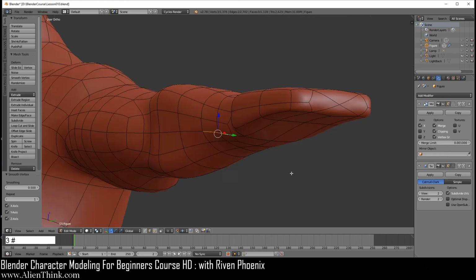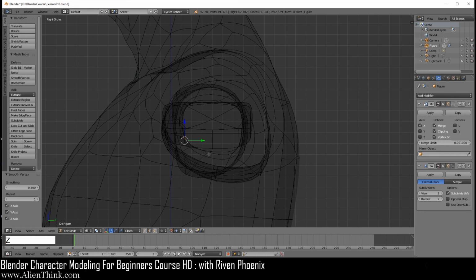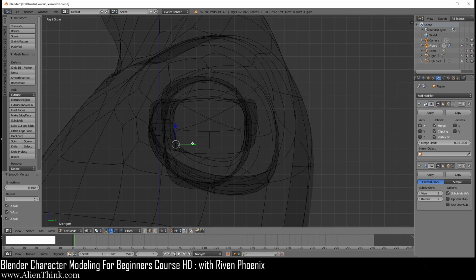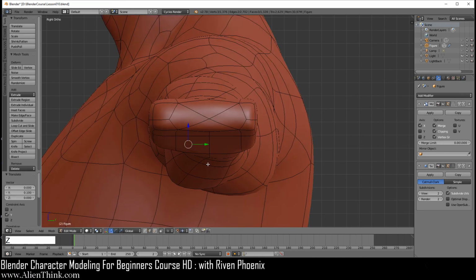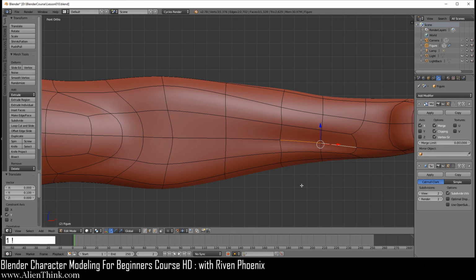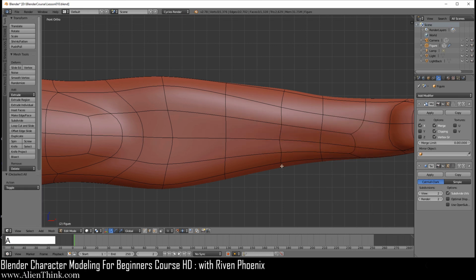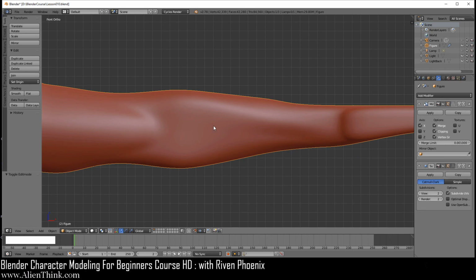Now go to your right view by pressing 3. Press the Z key. I'm going to zoom in a little bit. Make sure you have big grid units and take the green arrow to the right one time like this. Z to go into solid view, go into your front view and just do W smooth 1 and then 2. A to deselect. So if you do tab, you can see that we're starting to define this area of the forearm, the muscle groups.